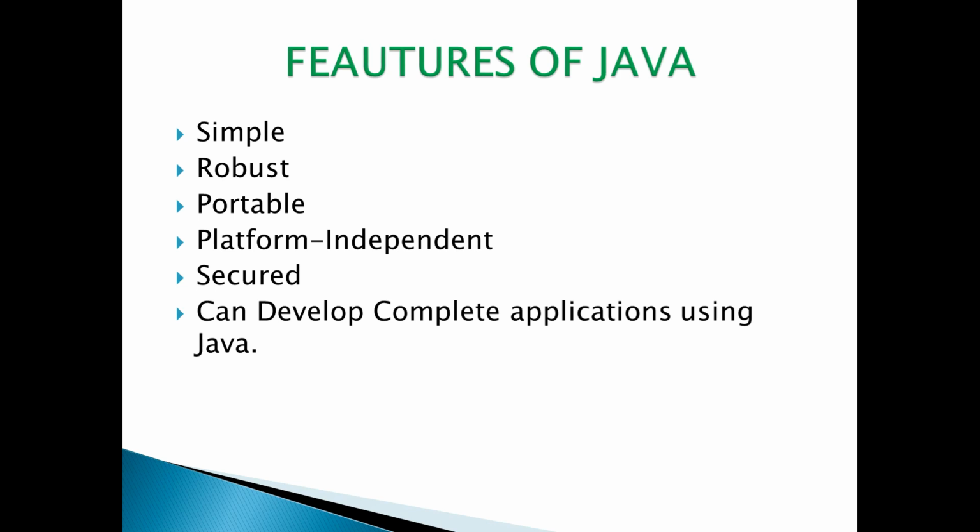So these are the cases of Java, and we will talk about these kinds of things in later videos. So next feature is it is portable. Portable means this program can be portable. It means that if we write the code on one system, we can also run that same code on another system. That means a code can be portable from one system to another system. That means it is very portable. So next, platform independent. This is one of the crucial factors that makes Java most popular.